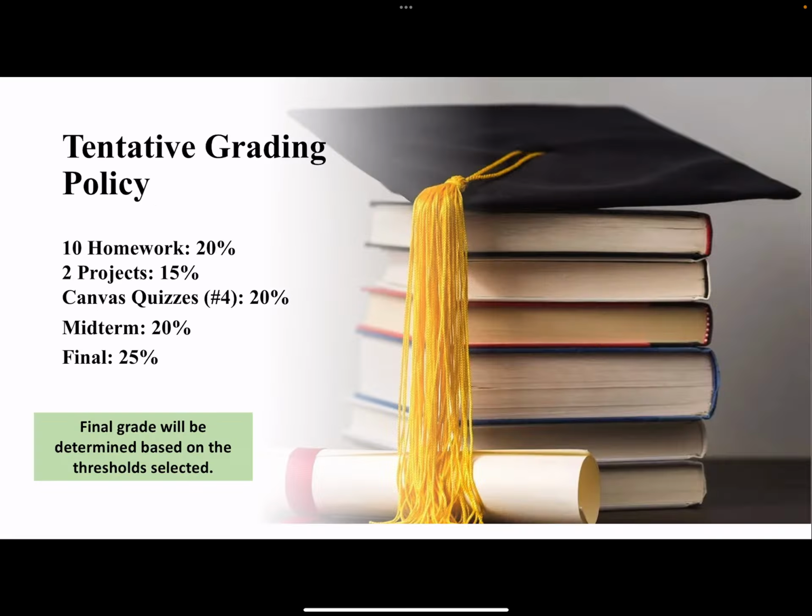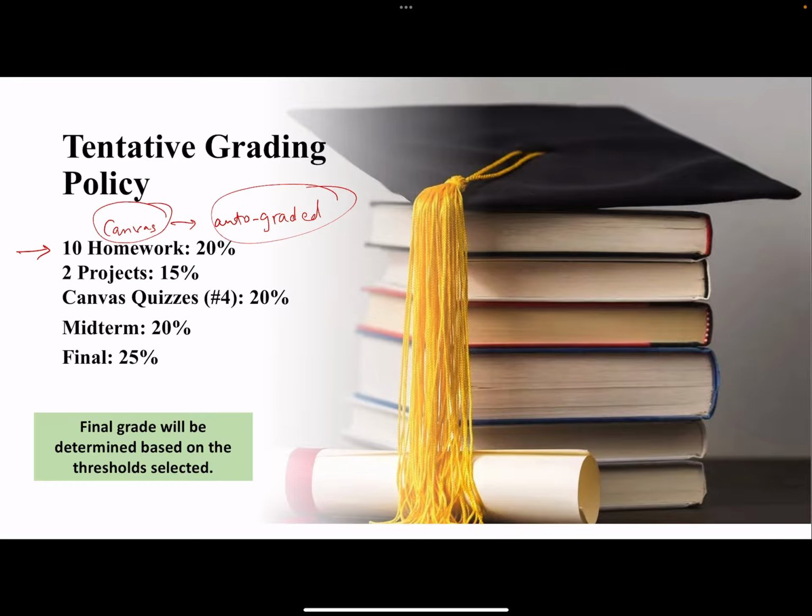Okay, moving on. Here is the overall tentative grading policy, and the details of what your assessments are going to look like. There will be 10 homeworks. They are all available on Canvas, and the Access Pearson thing that I was talking about in the earlier slides. You will receive an official announcement on how to implement that. These will all be done over Canvas, and all of them will be auto graded. You're going to receive a grade automatically on Canvas. We're going to talk more about how to set this up.